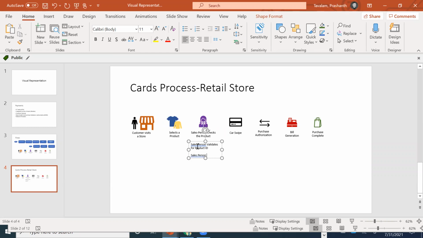Salesperson validates for product ID also. Okay, so this is also possible.